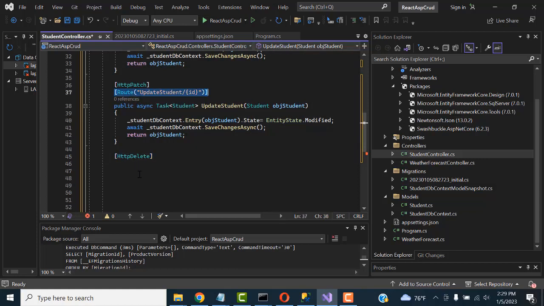These are the same routes, so just copy and paste it. Here you only write delete student. Delete student, that's it. The same ID. You get the ID and delete the records, right? So this time you have to write the public